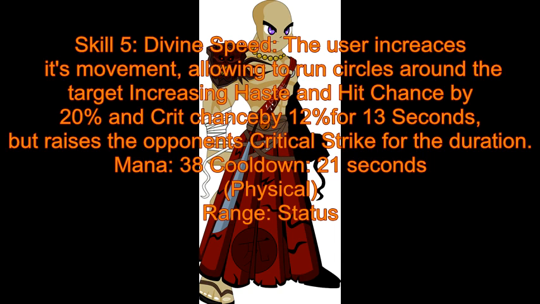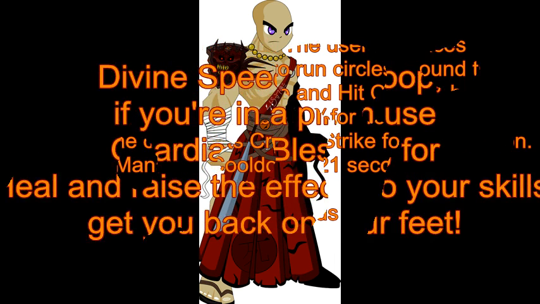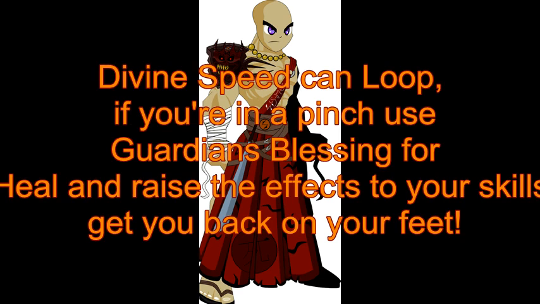Now what this does is, it raises your hit chance, it makes you 20% faster, and your crits hit hard. You have more chance to crit, but it raises your opponent's critical strike. Not their chance to crit, but if they crit, it's going to do more damage, as a critical strike is supposed to do. Now, when you think about all these skills, you have Divine Speed, which